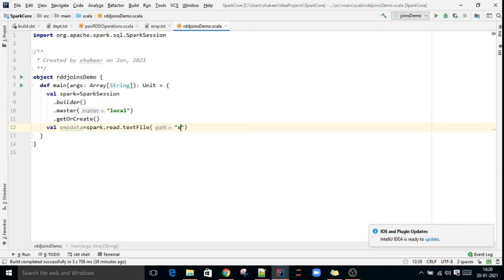We have to mention the path, src/main/resources/emp.txt. What are the columns in that employee file? Employee number, name, salary, department number.